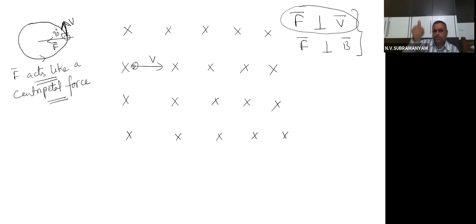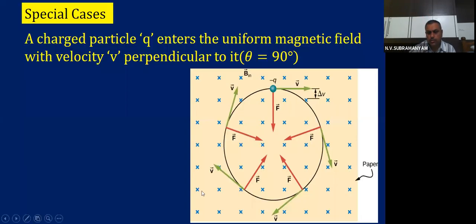So now the force will be acting like this. For a positively charged particle, it will be upwards. For a negatively charged particle, it will be downwards. Why? Because Q will become minus Q. That is the direction here, you see. This is minus Q. If it is minus Q, the force will be downwards. And that force will act as centripetal force, children. That is what I wanted to explain. That is the reason I explained with the help of the white screen.